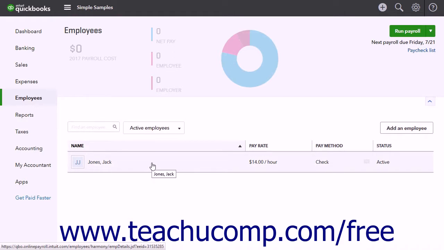In the upper left corner is the Find an Employee field. To find an employee in the Employees list, type their name into the Find an Employee field and then click the magnifying glass button at the right end of the field. You can delete your entry from this field and then click the magnifying glass button again to show all employees again. The drop-down to the right of the Find an Employee field filters the employees list to show active, inactive,